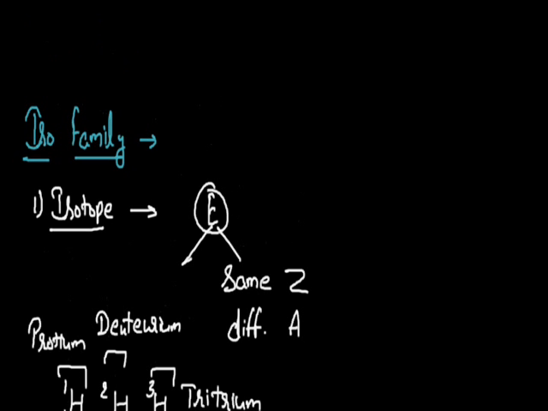Now let me talk about another definition of isotopes, if we try to correlate the number of protons and neutrons with the definition of isotopes. As we find the number of protons and neutrons for these three isotopic forms, we will find that these three have the same number of protons since the atomic number for these three is the same. Now if I find the number of neutrons for these three, by subtracting the atomic number from the mass number, the number of neutrons is 0 for the first one, 1 for the second one, and 2 for the third one.